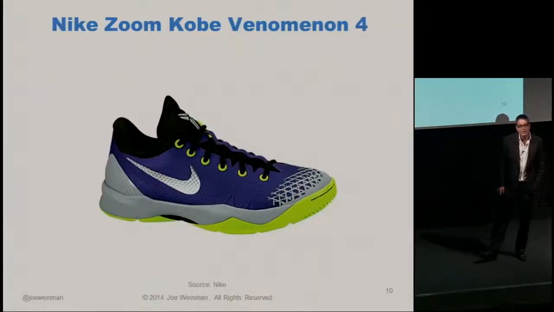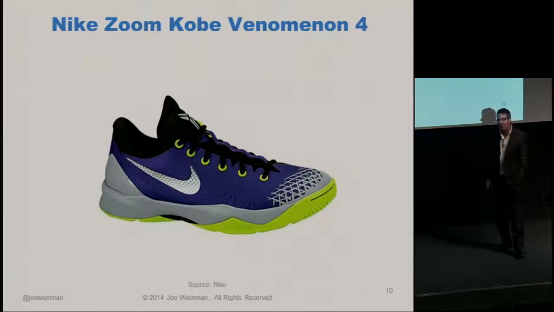The Nike Zoom Kobe Venomenon 4 whatever, which is a pretty long name, but clever. It's got Kobe Bryant, basketball star, Venomenon, which is like Venom and Phenomenon. It's the fourth version, so they've ironed out all the bugs. It's got super cool technology in it. It's got traction control, a special compound that works great on special rubber, wet surfaces like wet basketball courts. But it's really just a sneaker. Okay?